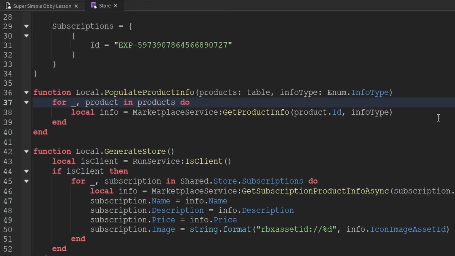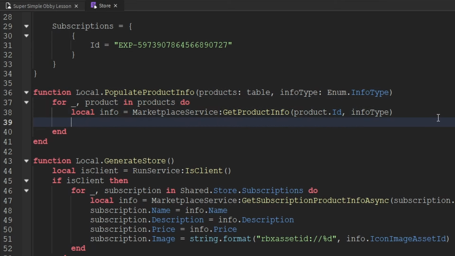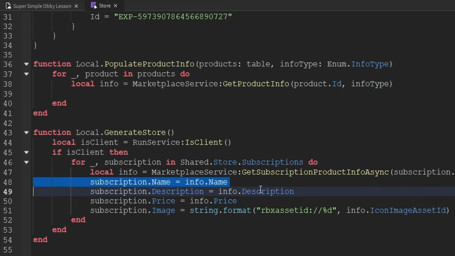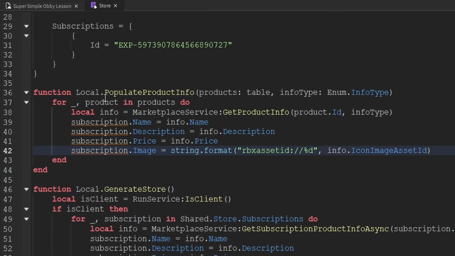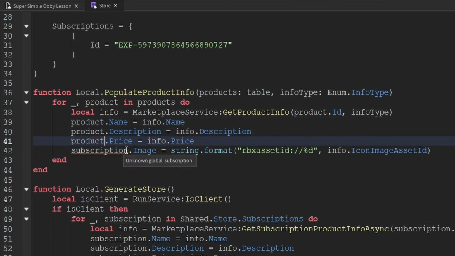So make sure that that is actually plural, because obviously you can't iterate through a single product, as that literally makes no sense. We have to iterate through the products, which is the table that's given to us. Anyways, now that we've gotten the info about the specific product, let's go ahead and update this product with all that other information. So we can honestly literally just copy all the code from down here and paste it directly up here. Of course, instead of saying subscription though, we would say product.name equals info.name, product.description equals info.description, product.price equals